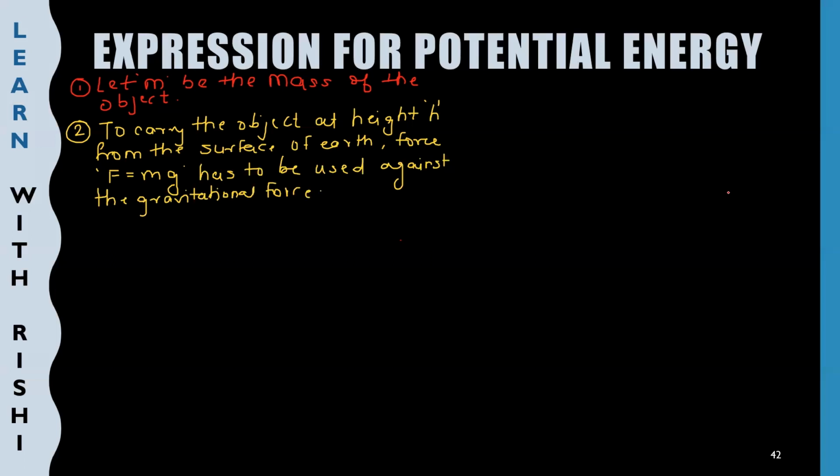So we have described the mass of the object, the height, and the force. Now we have to discuss the work done. When we displace an object from one position to another, there is work done. We are applying force and we are displacing the object. So we will be discussing the work done to displace the object. Therefore my third point will be: the amount of work done